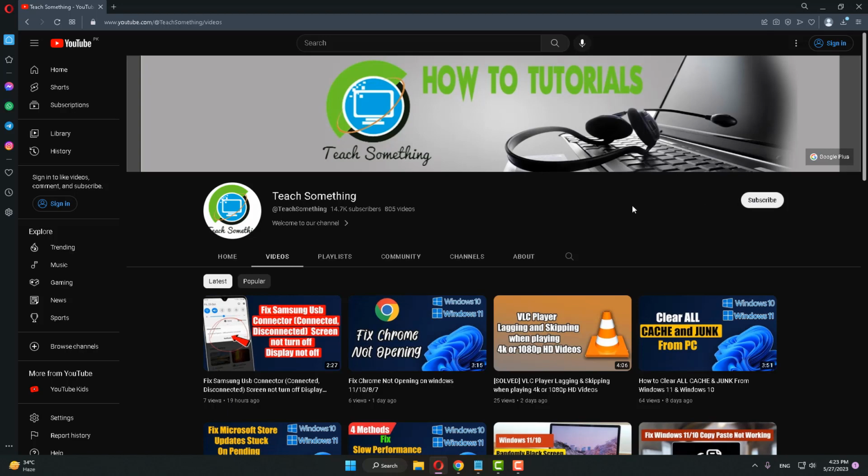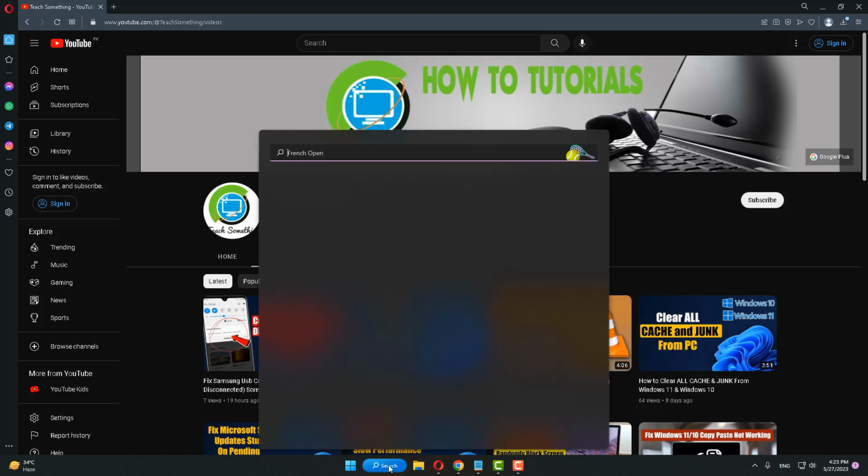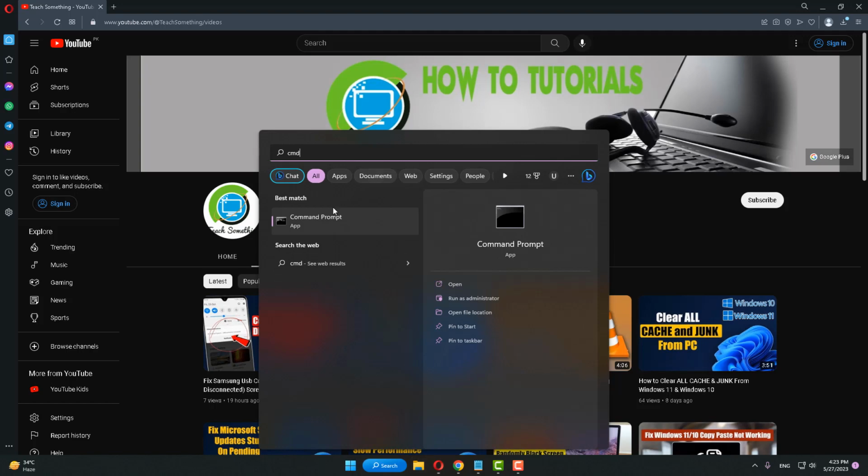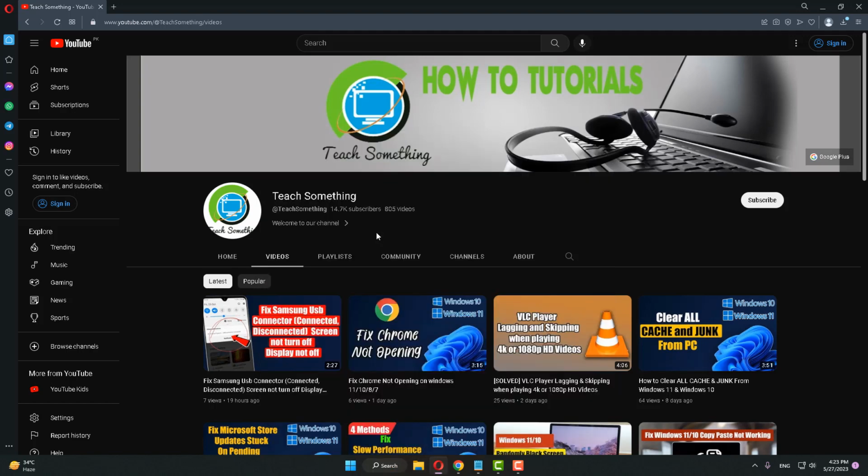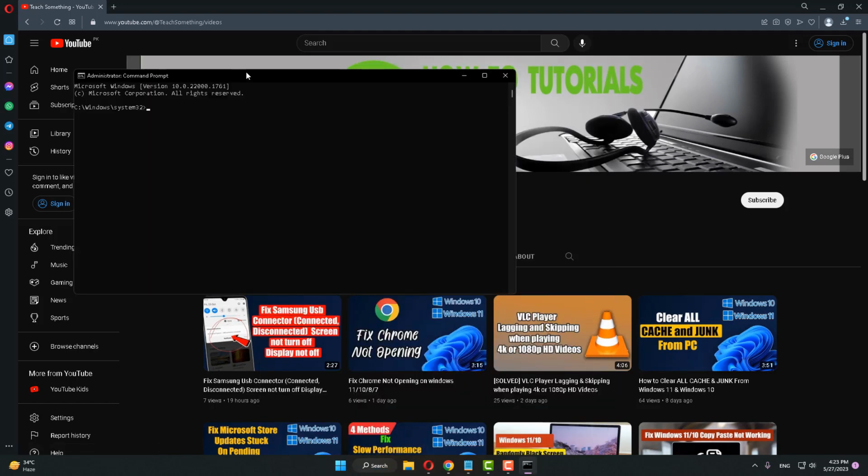So let's start. Okay guys, first of all in the search box type CMD and open Command Prompt, right click, run as administrator. After doing this step,